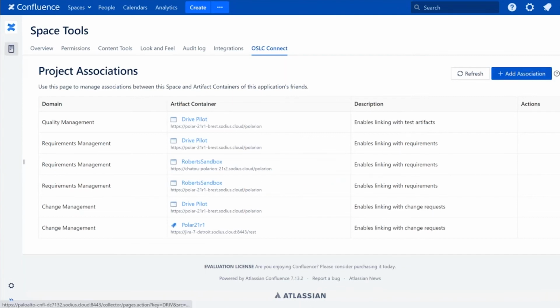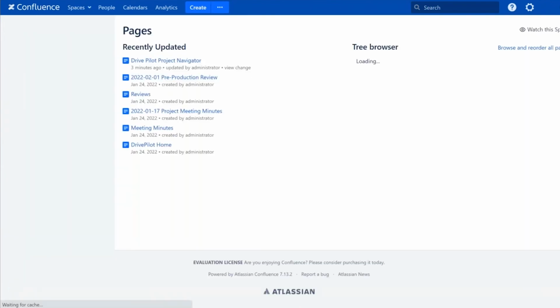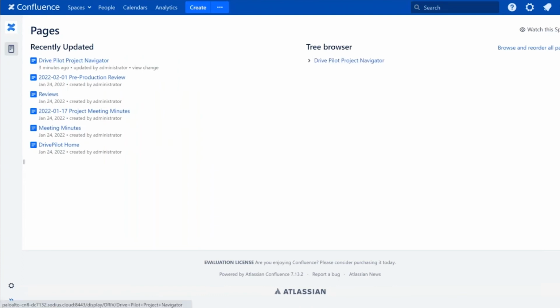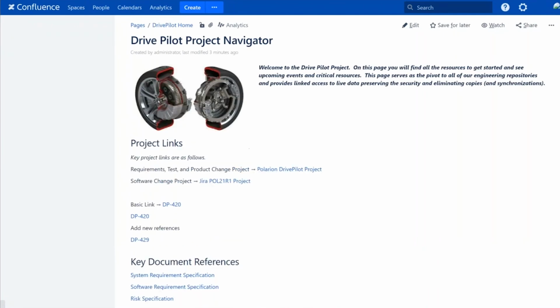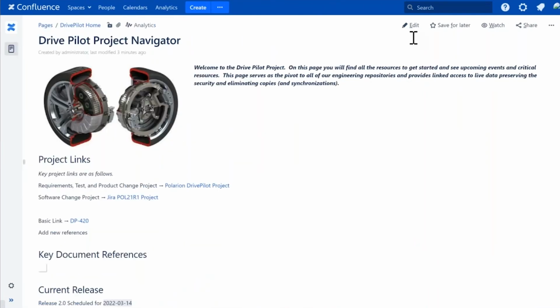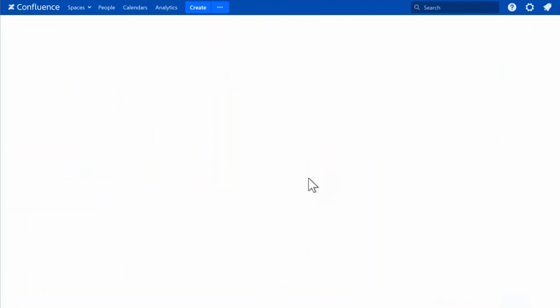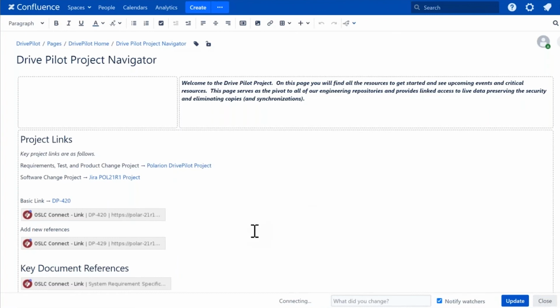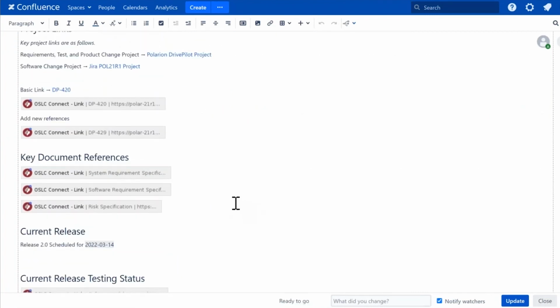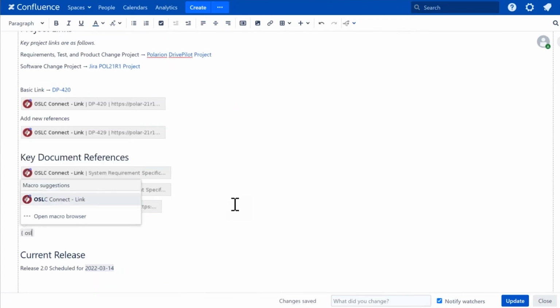And so let's go back to our pages, because there's another element that I want to show here as well, which gets into the configuration side. Polarion has a lot of power in how we might interact with the system, and I'll give you a little bit of a flavor of this. We go into edit here. We get to decide in Polarion how we want to map the Polarion artifacts into OSLC and which elements we have access to. And we'll dive a little bit behind the scenes here.